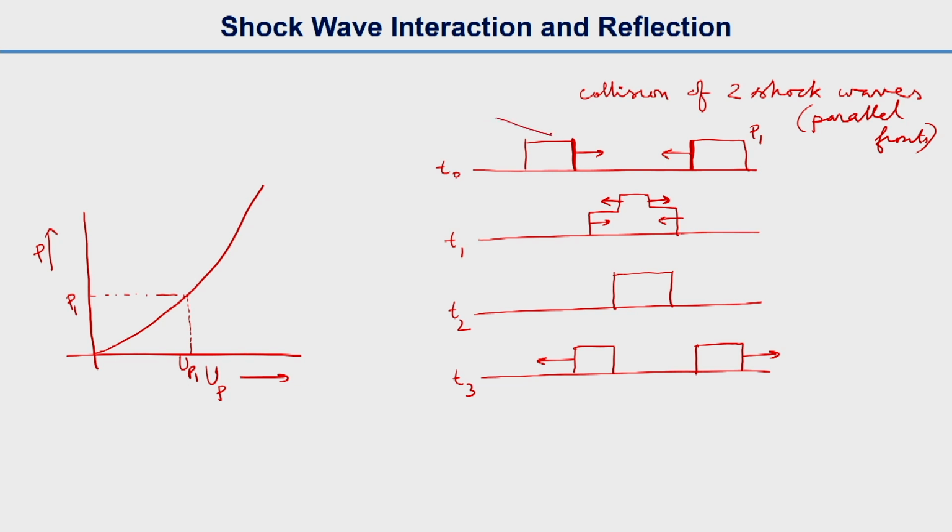So this wave and this wave have the same particle velocity, same UP. So what will happen is, then, the UP of the resultant wave, the superposition of two shock waves,